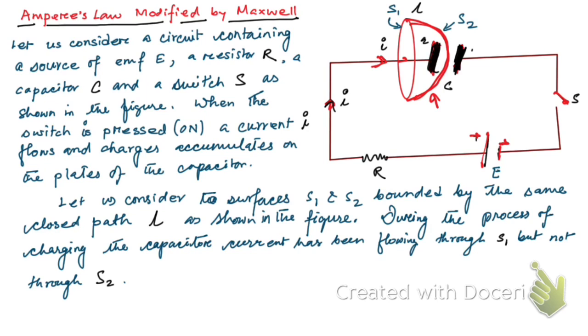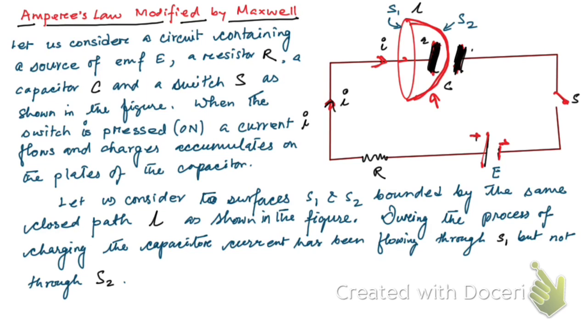Current continues to flow through this circuit as long as the electric field continues to change between the two plates, and this change in electric field, which is equivalent to a current,